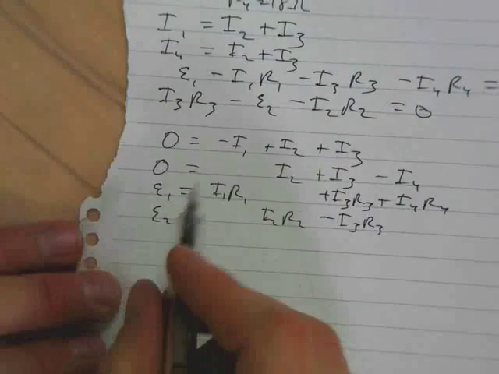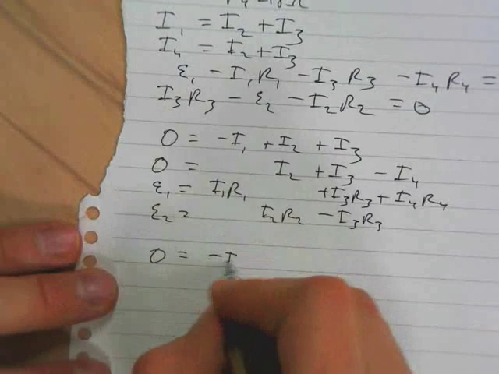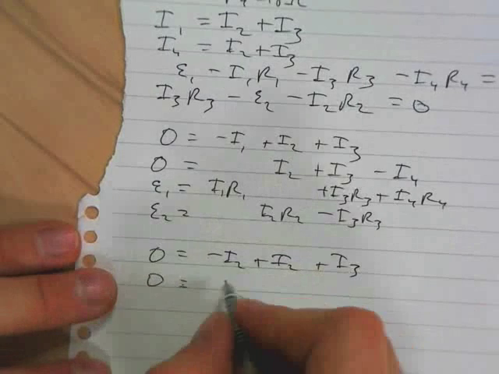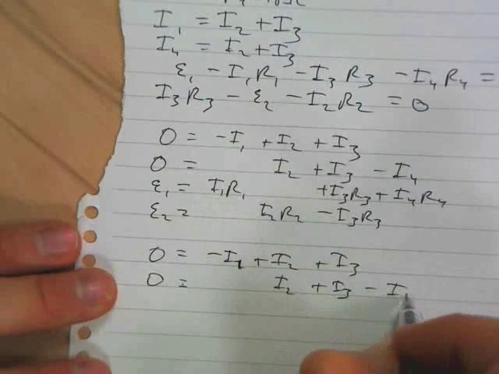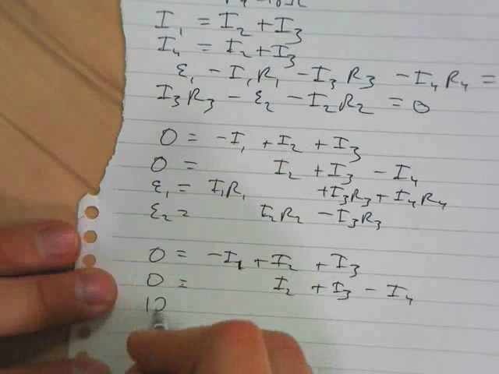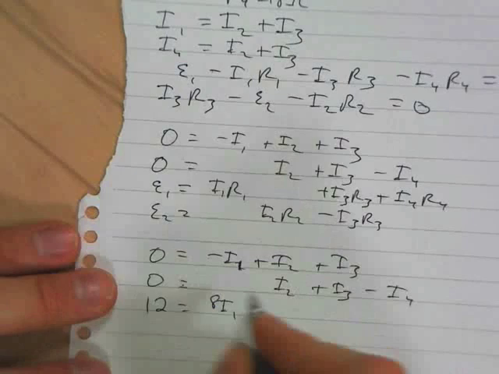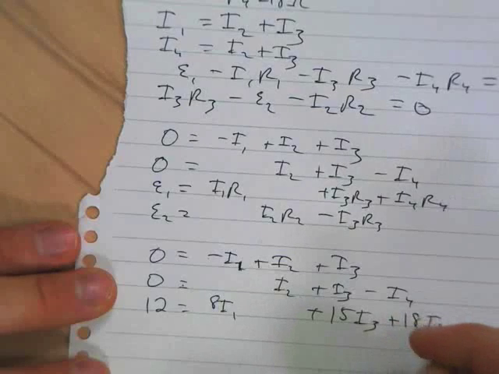Then if I rewrite this with all of my values in there, with my values for the resistors and the batteries, we get, that's a 1, sorry, 2 plus I3 minus I4, then E1 is 12 equals I1 R1, well R1 is 8, so that's 8 I1 plus R3 is 15, 15 I3 plus R4 is 18, plus 18 I4, and E2 is 15